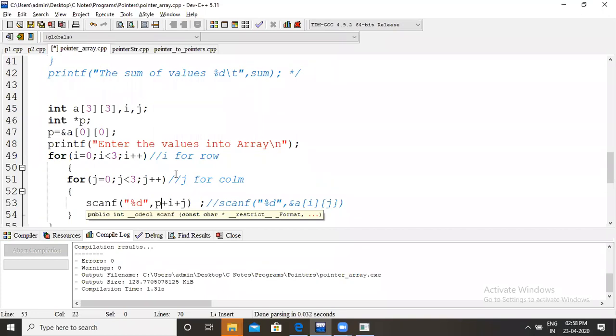Okay, initially i equal to 0, j equal to 0. Our information goes to p of 0 0. Next, i becomes 1, j becomes 0. There is no change in i. j becomes 1. Next, in that way,